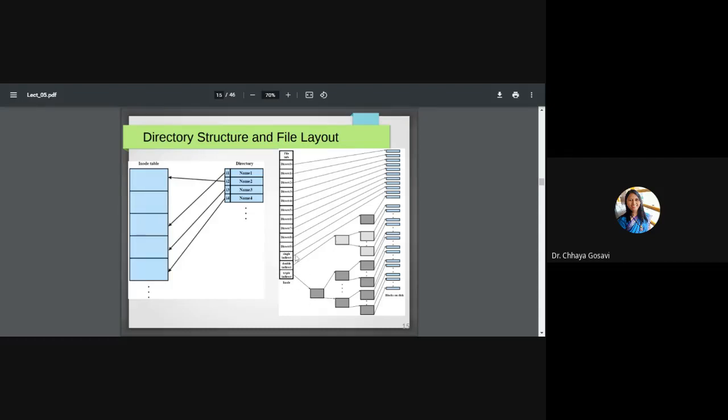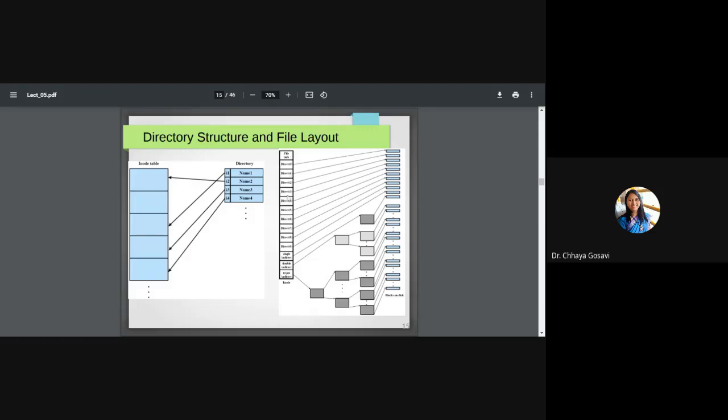Single indirect will point to one location, and from that location you can point to the actual data on a disk. In double indirect, you point to a location, that location points to another location, and then it can point to the data on a disk. And we can have triple indirect access.